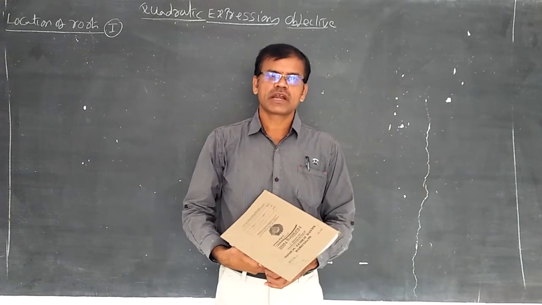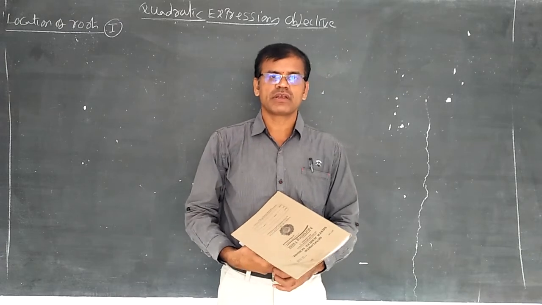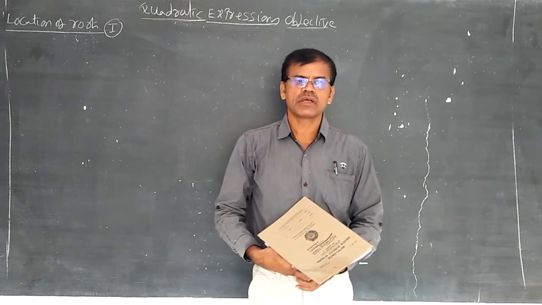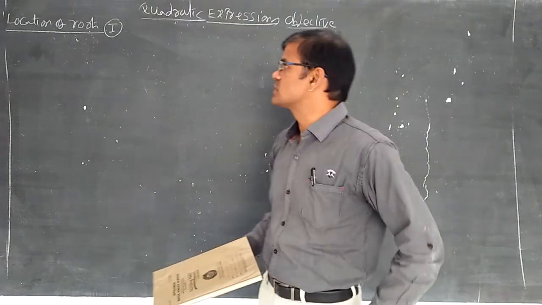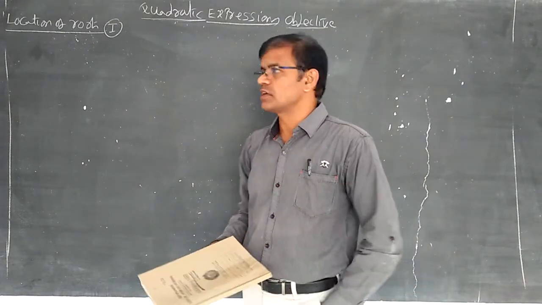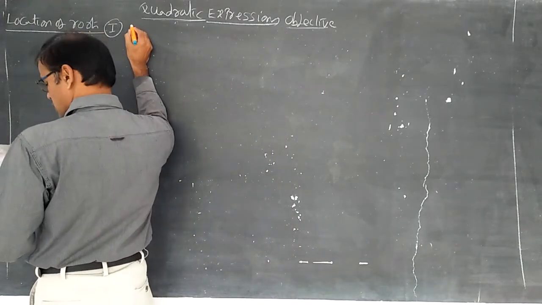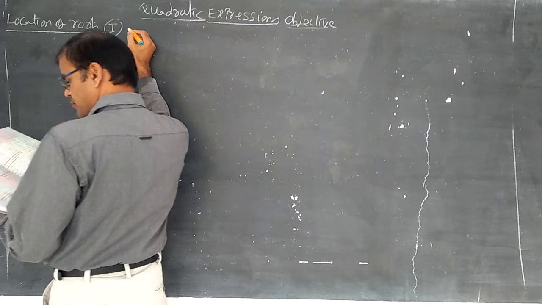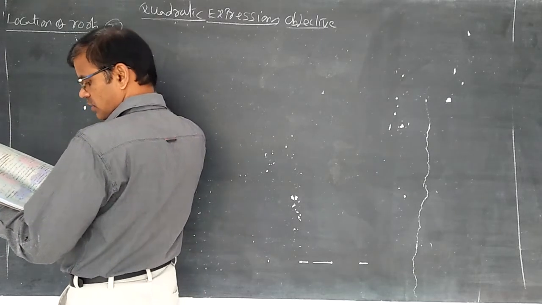If k is greater than both roots alpha and beta, k is less than both roots alpha and beta, and k lies between the both roots alpha and beta, like that three cases we discussed with the graphs and everything. Now let us discuss an example depending upon the condition for a real number k.